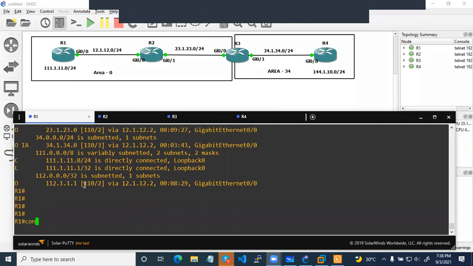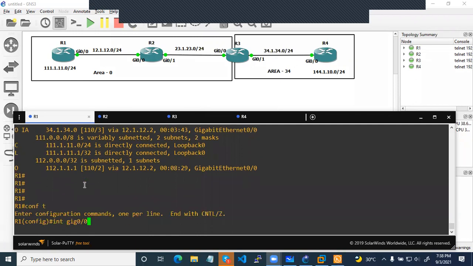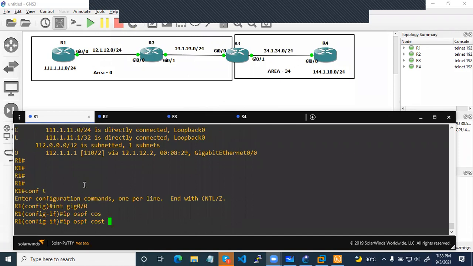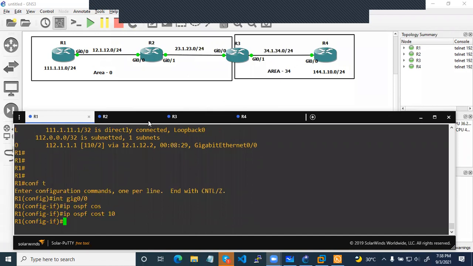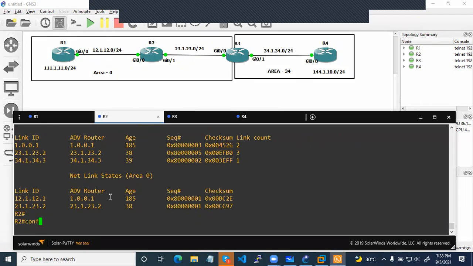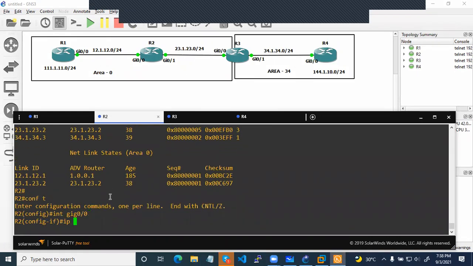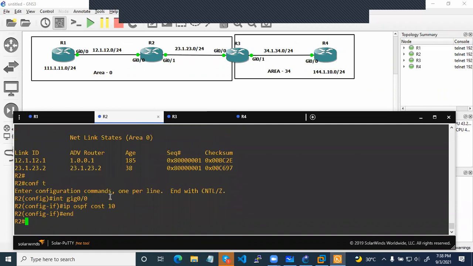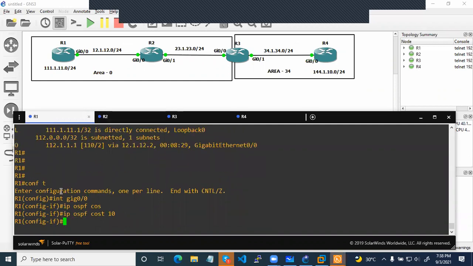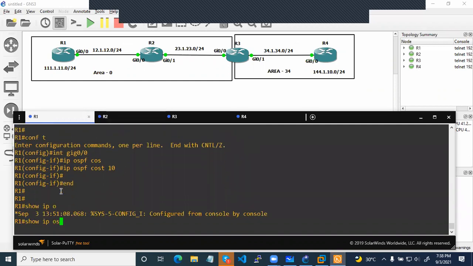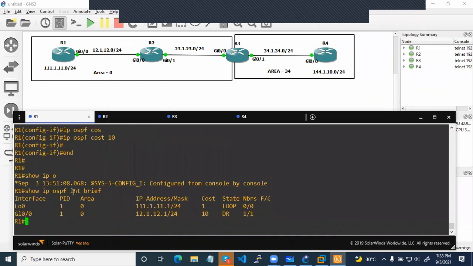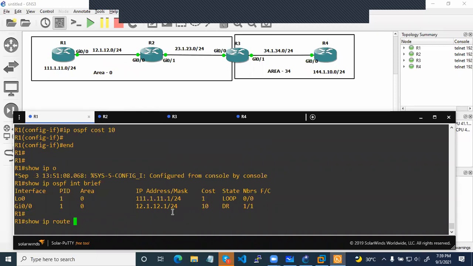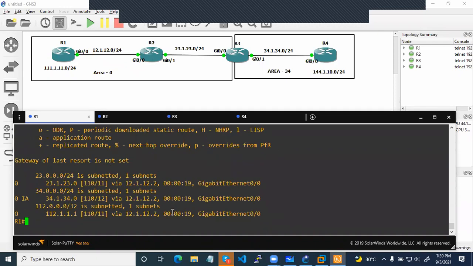Let me do one thing. I just say interface gig 0/0, ip ospf cost 10. Fine. On router 2 also let me do the same thing: interface gig 0/0, ip ospf cost 10. Normally we don't increase or decrease like this, but I just want to show you. That is the reason. So here you can see right now the cost of the gigabit link between R1 and R2 is 10. If I check the route again, show ip route ospf,